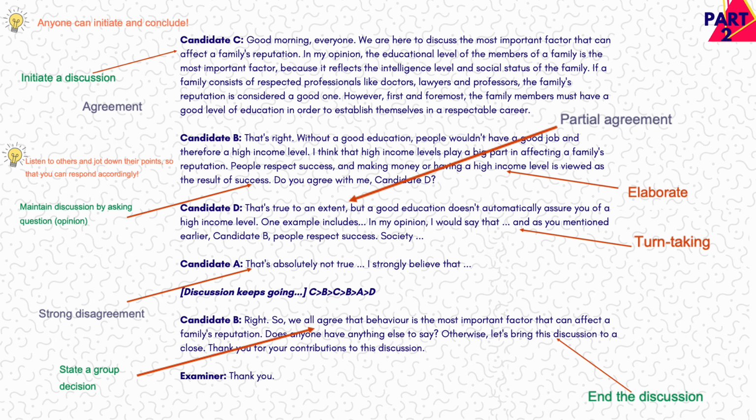After that, we can see that candidate B takes the turn by agreeing with candidate C. To maintain the discussion, you may imitate candidate B by asking, "Do you agree with me, candidate D?" to pass the turn to candidate D. Candidate D takes the turn by addressing candidate B's opinion. "That's true to an extent," which means candidate D partially agrees with candidate B. The discussion goes on and on